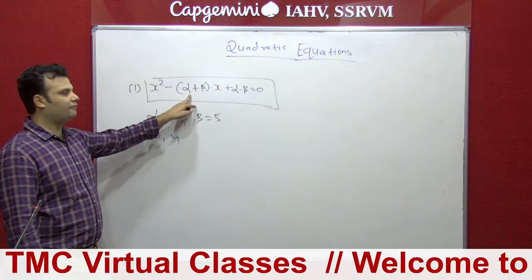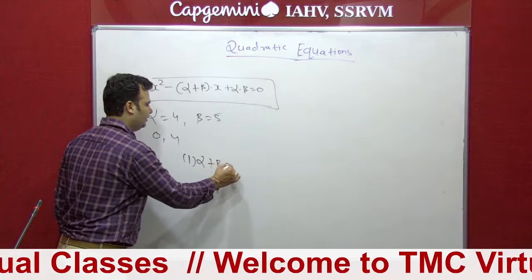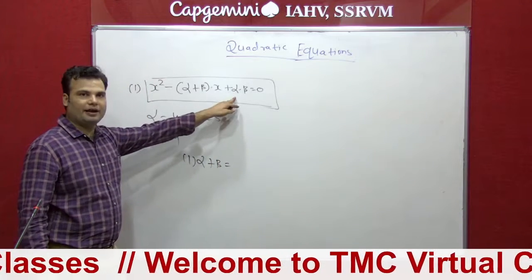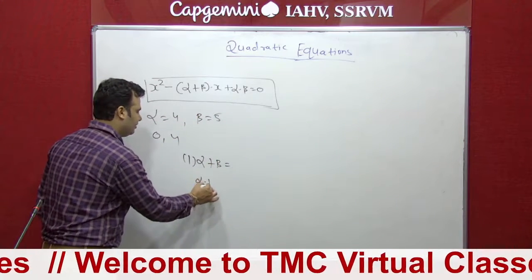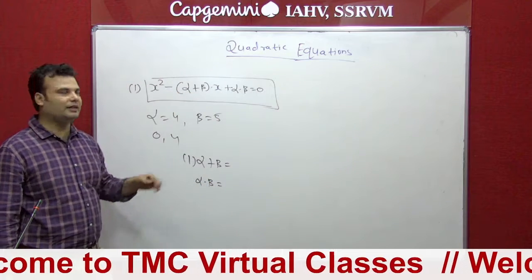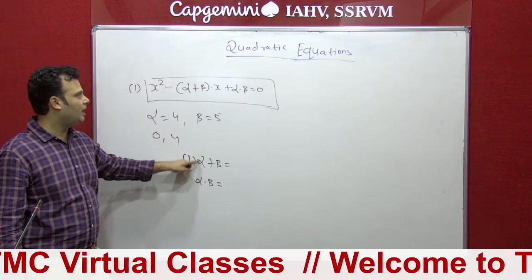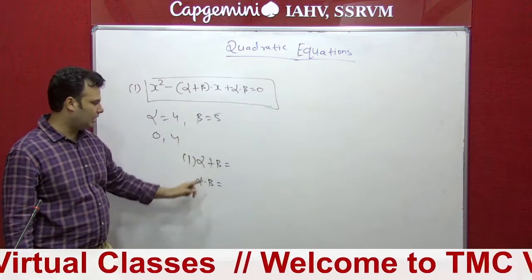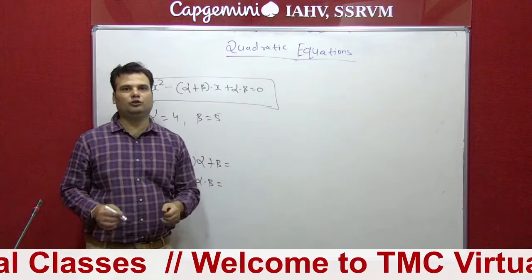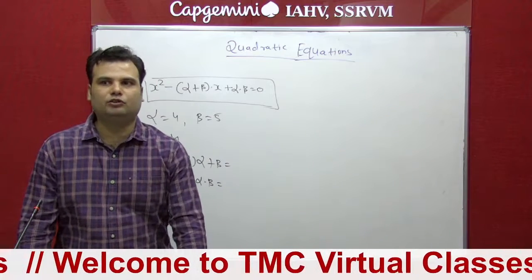So first step, you can find alpha plus beta. Second, we also require alpha into beta. So second, we can find alpha into beta. And this we can put in the equation, that is x square minus alpha plus beta into x plus alpha into beta equal to 0. So depending upon this type we can solve practice set 2.5.